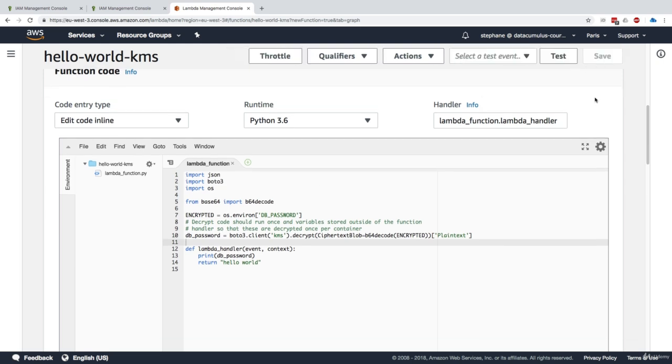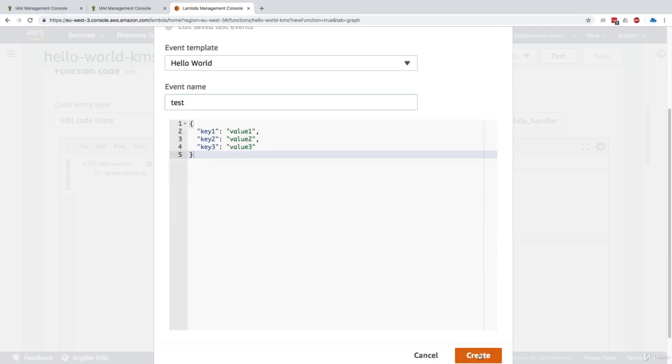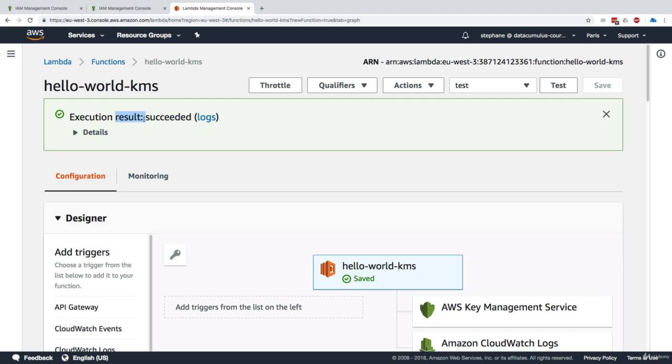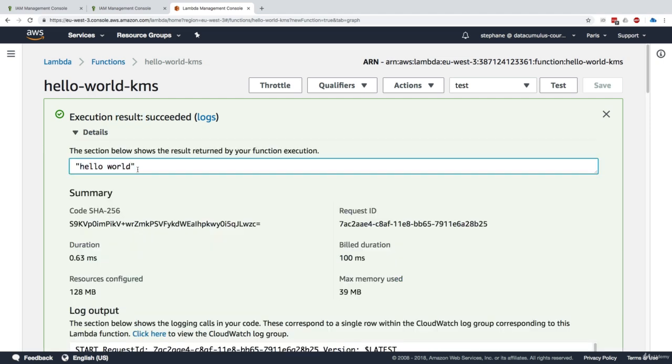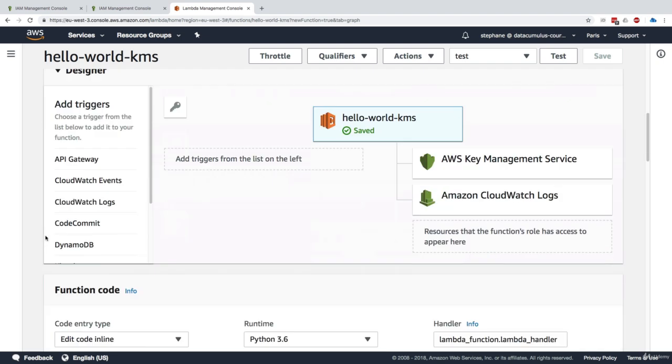Let's save it and see if things worked. We're going to test this out, and I'm going to create a new event, call it test, click on create, and now test. And the execution results succeeded. We get the hello world back, but the important magic happens in the log output, and we can see here that the super secret password was decrypted by our Lambda function. But the cool thing that happened is that